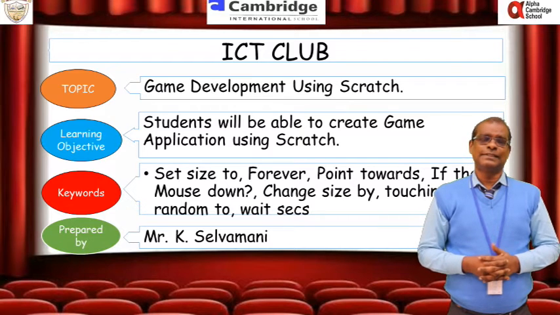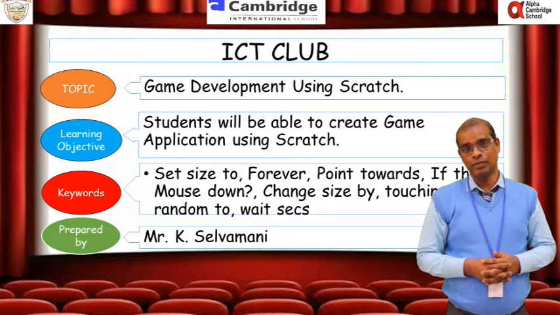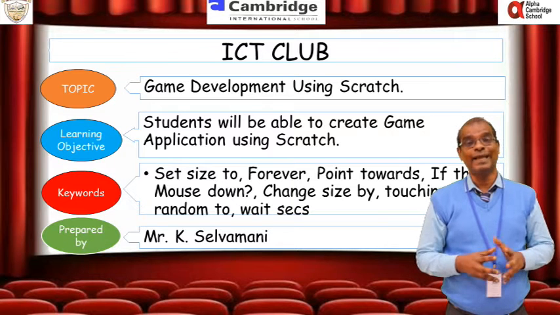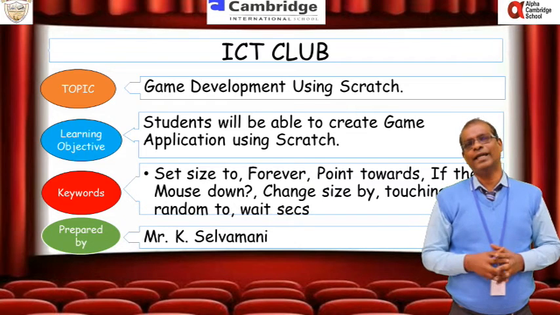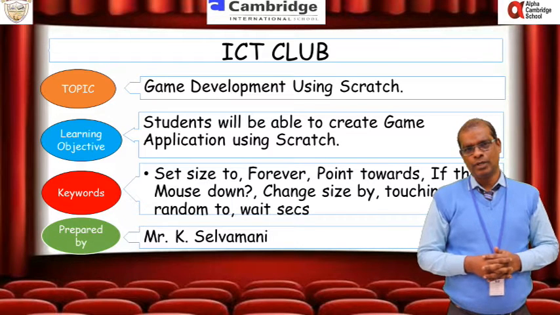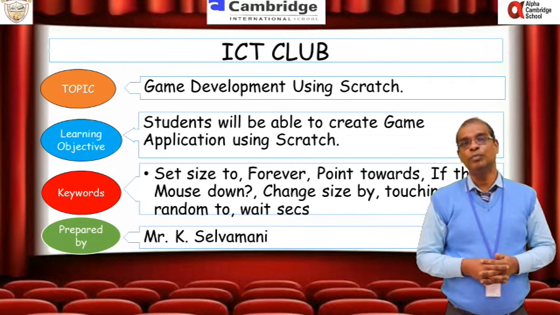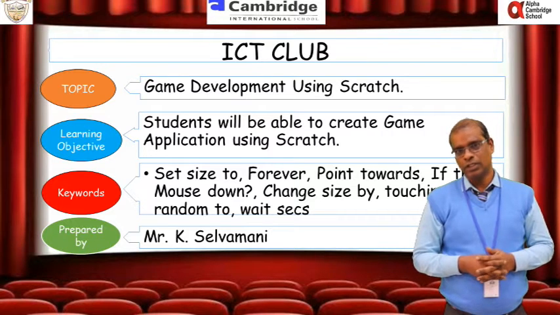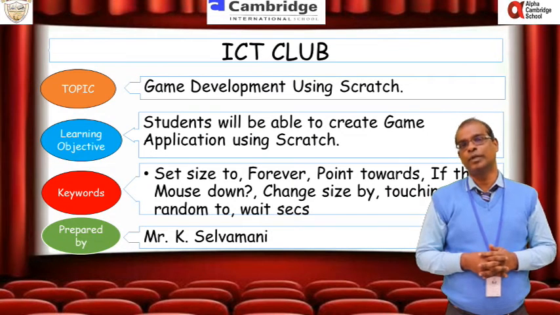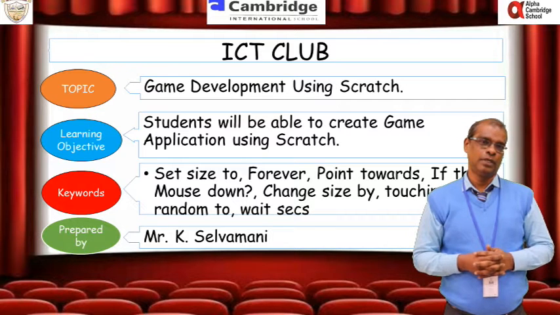You already know Scratch software very well. Scratch software has a stage as well as one sprite, called the cat sprite. By default, it will be there. In addition to the cat sprite, we want to insert 3 more fish sprites. These 3 fishes keep on moving or swimming across the stage.